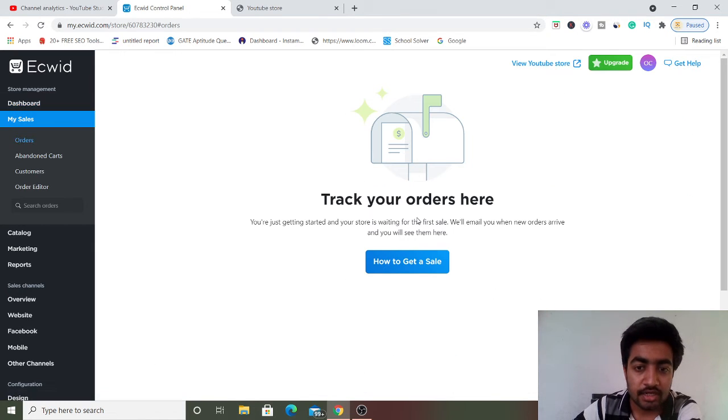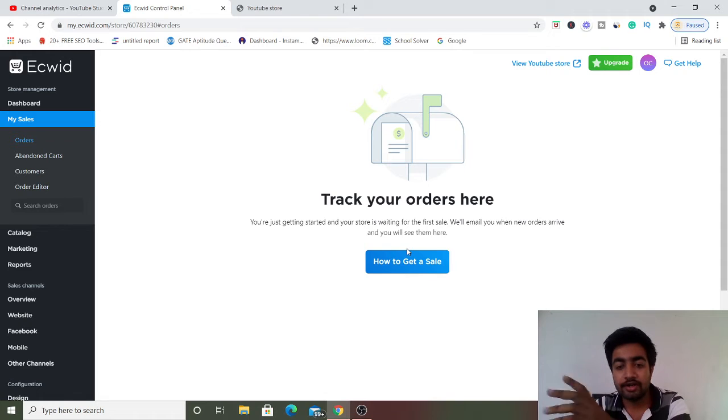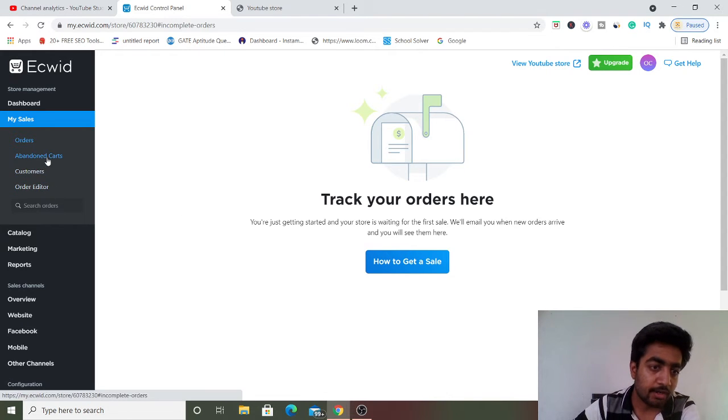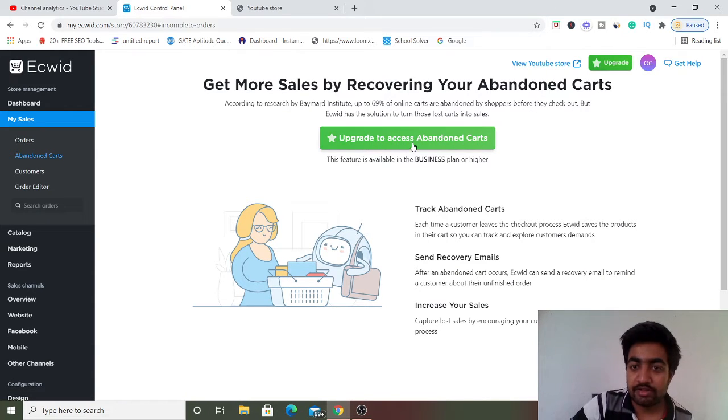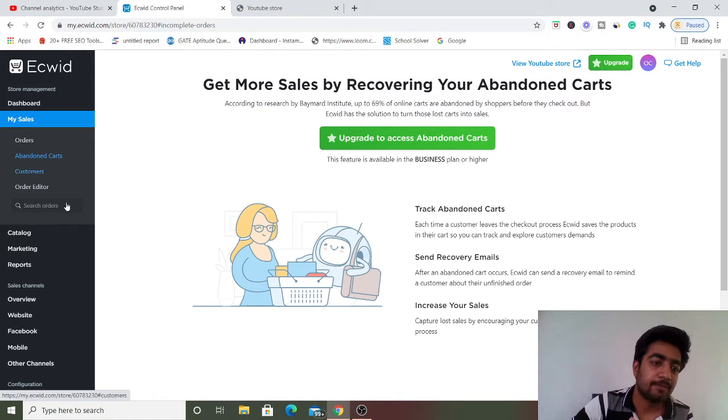That's my sales thing. Here you can track all the orders. Means if someone orders from you, all this shows up here. And abandoned carts means if someone reaches the checkout page and just abandons it, something wrong happened and they quit the checkout process. Here you can check it out, right? And you can mail them again, and you can say please fill up your delivery details, and you can offer some kind of special coupons so they make this purchase, right? That's what it is. And by the way, it's not available in the free version. You just have to upgrade to the plan, which is about just $10, right?